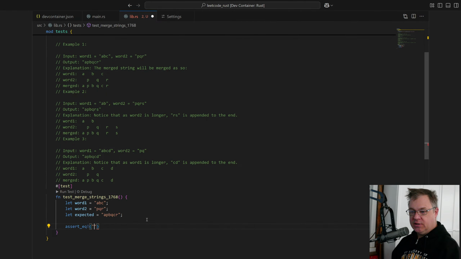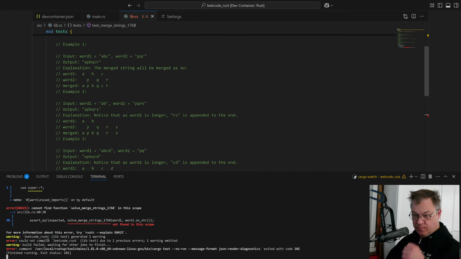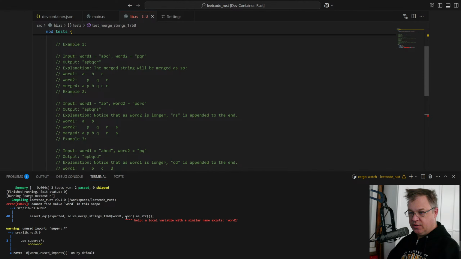So in this case, we are going to assert that expected is going to equal solve merge strings 1768 with word 1 and word 2. Okay, so this won't run, but we'll get there.